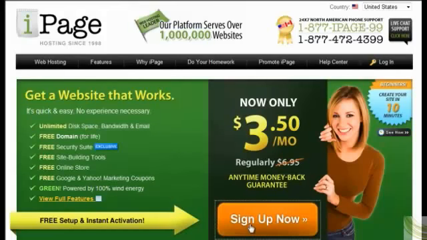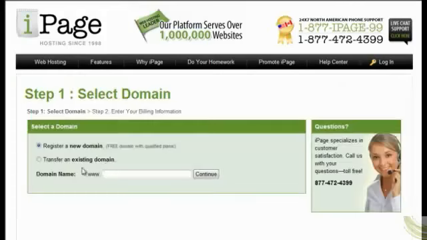So let's go ahead and click sign up now. And if you don't have a domain name yet, which is like yoursite.com for example, then you can get a free domain with iPage. And if you already have one, then it will be at another company like GoDaddy or Enom, which I use a lot. Actually, I started to use GoDaddy more, and I have a couple of domains registered with iPage. But mainly, I do use Enom and GoDaddy as my domain name registrars,